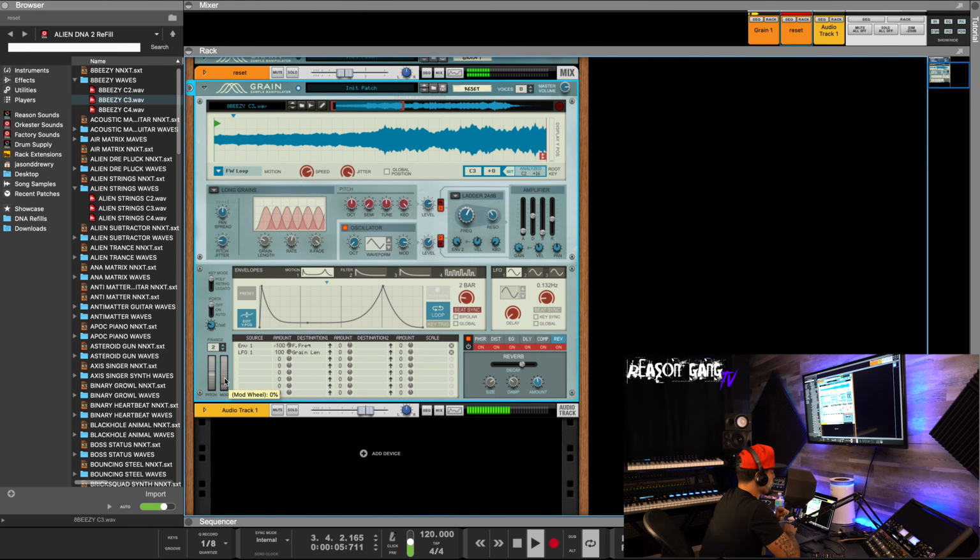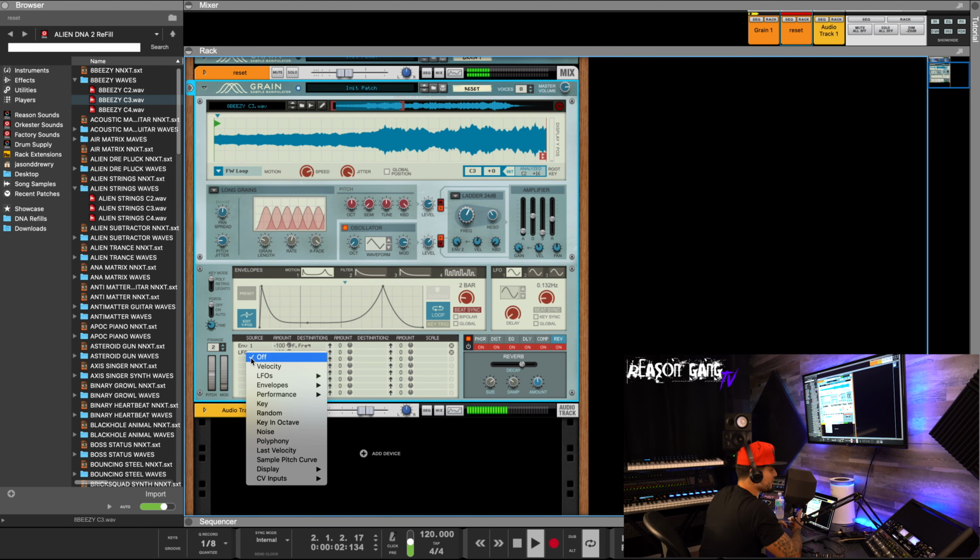Now, we always want to route something to the mod wheel because that's just what the pros do. You want to be able to play with the sound while you're performing without going back to the actual synth. Unless you have a big crazy MIDI controller with knobs everywhere, which yeah, I'm gonna get one of those soon. It's called the Matrix Brute. It's also an analog synthesizer, but it's a crazy big MIDI controller also, and it's gonna be able to control all the knobs. I'll go into that later when I get it, but for now, let's route the modulation wheel